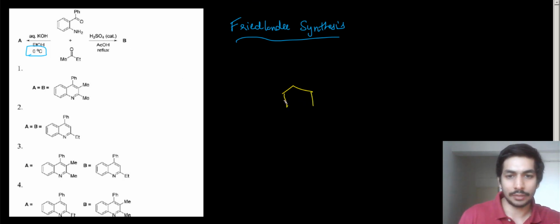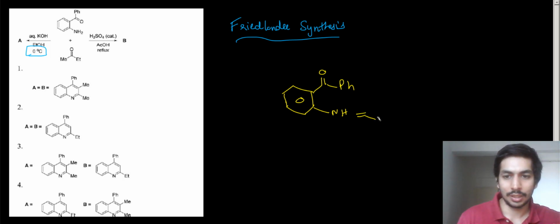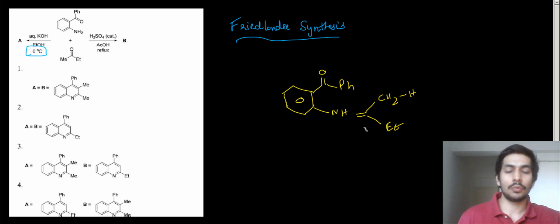You can see over here that we have an NH2 and, let me just draw it over here, COPh, NH2, right? So the first step will be basically formation of imine. That is a very common step. Okay, I'm not going to show the mechanism over here. Whenever you have a ketone and NH2 in basic conditions, the first step will be the formation of imine, right? So an imine will be formed over here, right? Or you can just write it like methyl, CH3, and you can write over here, I'll write CH2 and H like this, and I'll write an ethyl group over here, right? Now what is the next step?